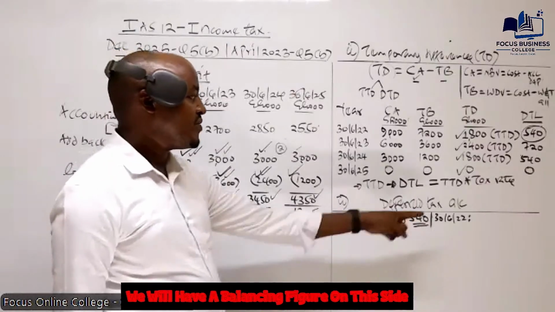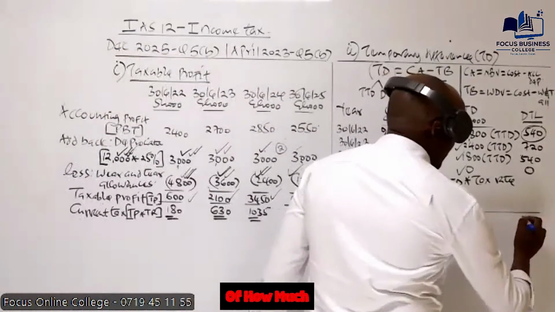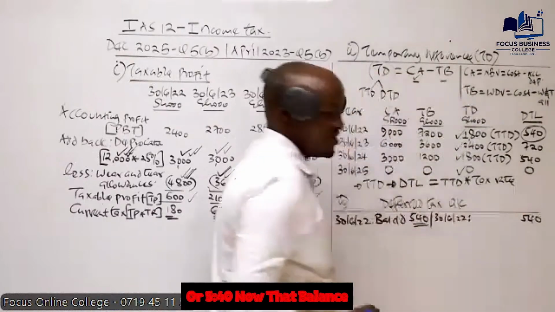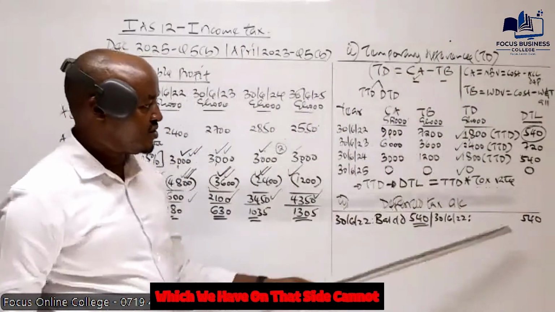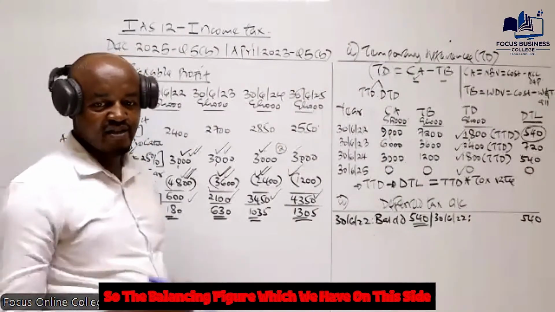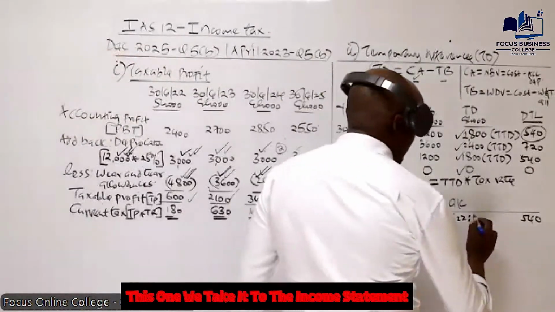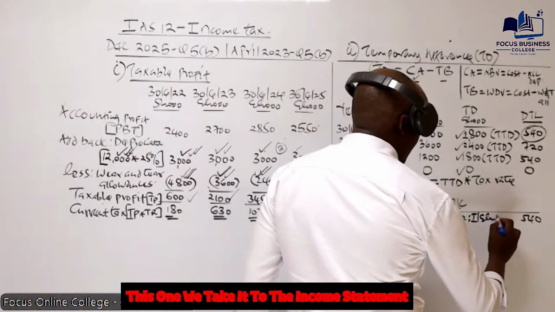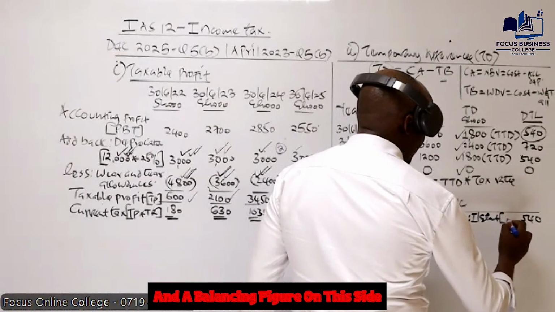You can see we will have a balancing figure on this side of 540. Now, that balance cannot be carried down because we already have carried down. So the balancing figure which we have on this side, we take it to the income statement, and a balancing figure on this side,